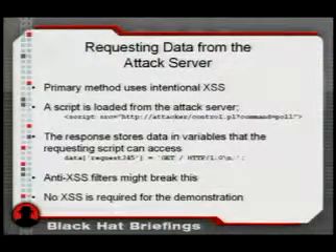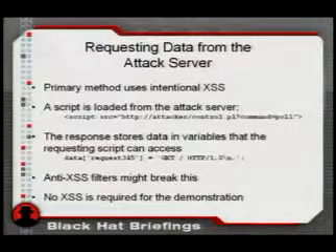Remember that the same origin policy states that a script from origin A should not be able to read or manipulate data on origin B. A glaring exception to this is other JavaScript files, and that's how the payload communicates with the attack server. Essentially, the payload will append a new script tag onto the document periodically, and the source of that tag is set to the controller script on the attack server. The attack server responds with the data in JavaScript with a predictably named variable, in this case, just an element of an array.